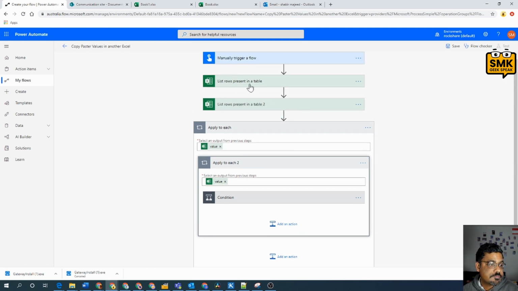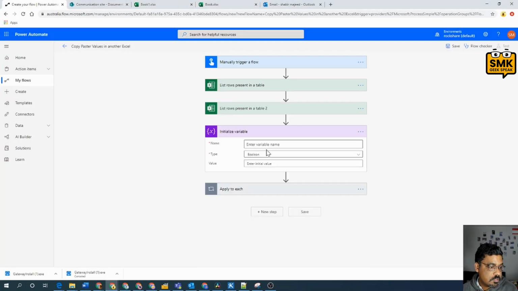This one, list rows present in a table, and then this apply to each will loop into the table 2. So what I will do is match row 1 of book1 with row 1 of the book, and then row 2 with row 2, and so on. That's how I match. In order to maintain the counter, I will have to store the counter in my Power Automate and then loop into it. Initialize variable, so I'll just say